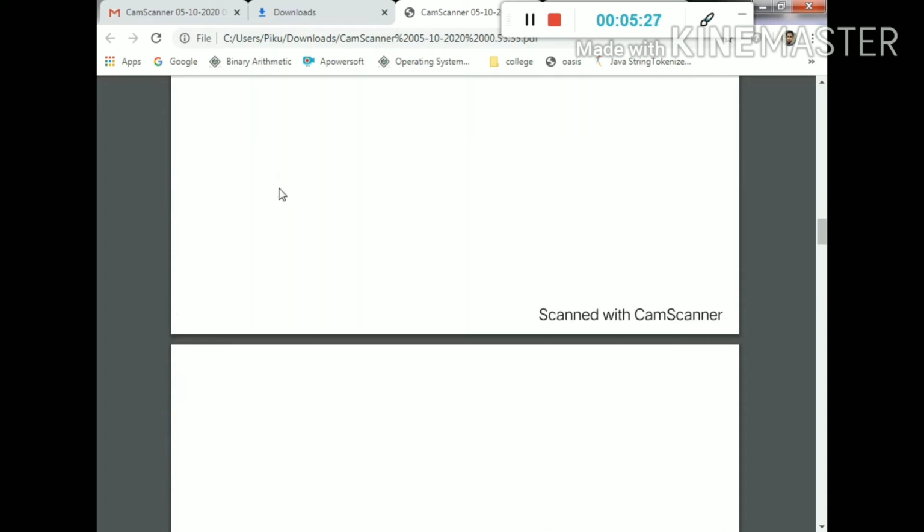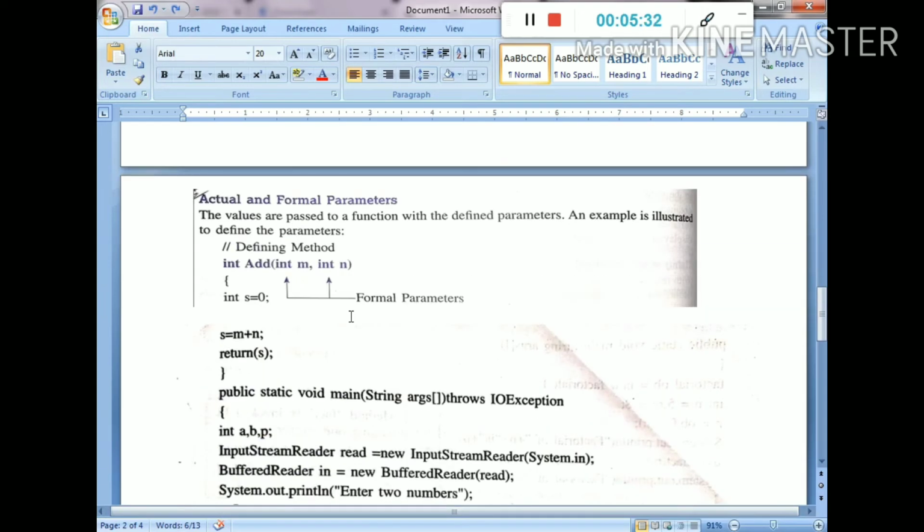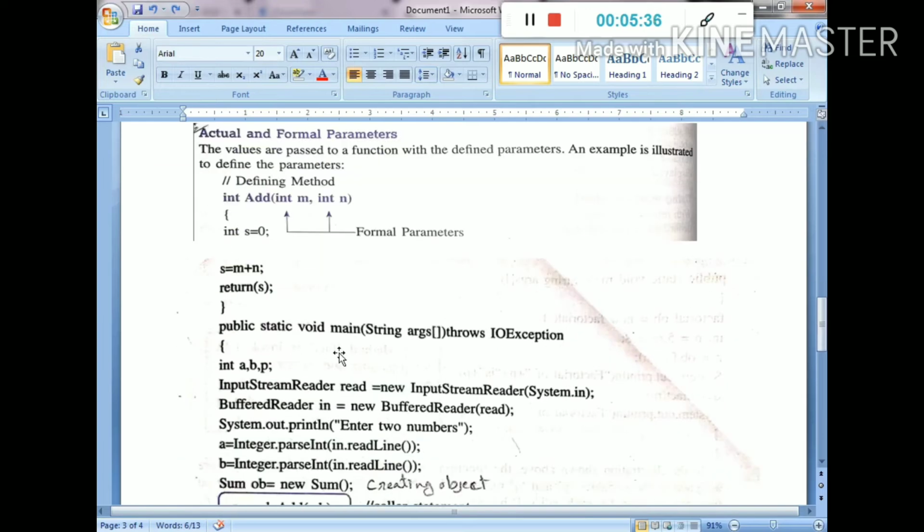Now the next part: what are actual parameters and what are formal parameters. In that example, int add(int m, int n), those are known as formal parameters. Whenever we create a function header, we pass a few parameters that hold values, and those are formal parameters.